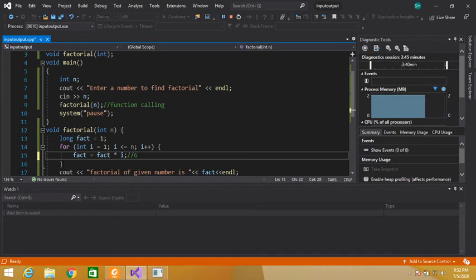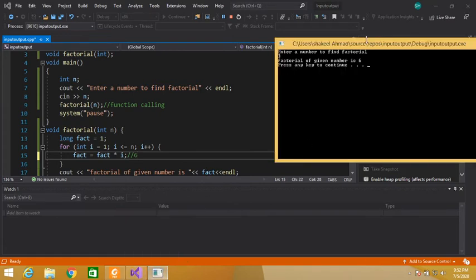Again closing braces of our for loop. So the control will jump here and increment the value of i variable which was previously 3. So 3 plus 1 becomes 4. So i contains 4. 4 is less than 3, no. 4 is equal to 3, no. So the condition becomes false. The control will skip the body of this loop and directly jump here and print factorial of given number is, fact contains 6. So 6 is printed on the console window.